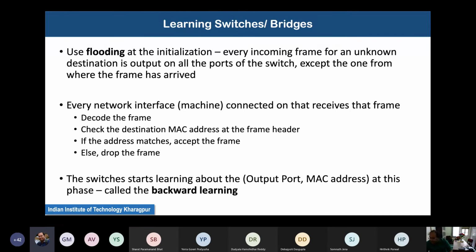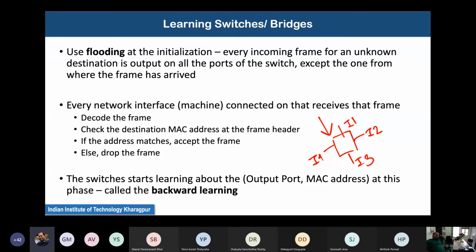For example, a switch has 4 different ports or interfaces, say I1, I2, I3, and I4. Now it receives a frame on I1. Initially, at initialization, it does flooding. That means whatever reaches I1, it sends to I4, I3, as well as I2. That is basically called flooding.